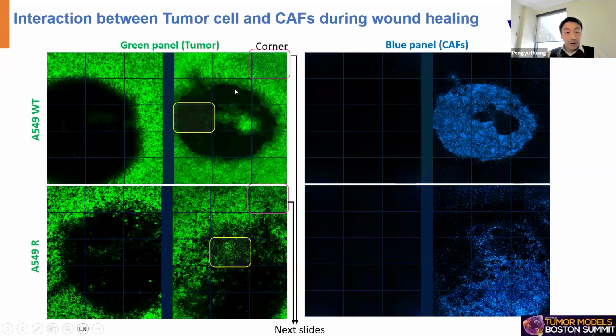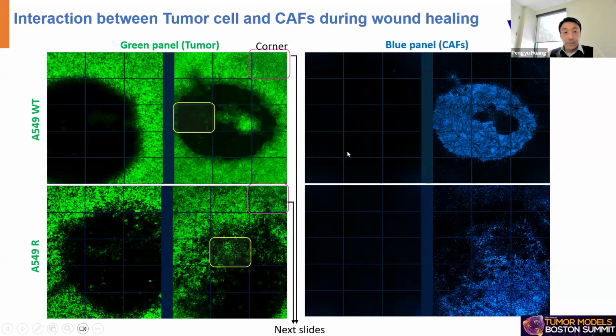One thing I want to mention here: for the wild-type tumor, if you take out that cover slip, they are not moving. But with the CAFs, they move inside better. As most people mention, CAFs can increase tumor migration and metastasis. It's true. But you see the tumor R without CAFs actually has a stronger ability to move inside. As I mentioned previously, in vivo, when the two are folded together, they actually have stronger metastasis. In the co-culture, you can see them